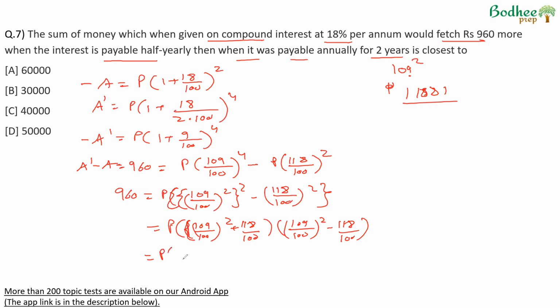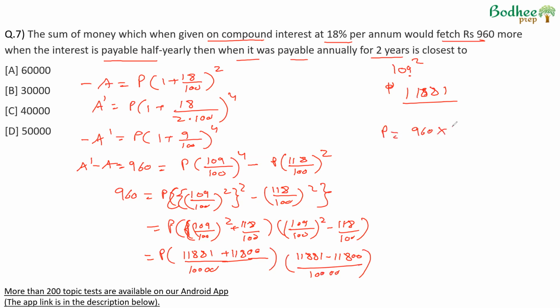So this becomes P into 11881 upon 100 into 100. This will become plus 11800, taking LCM, into 11881 minus 11800 upon 10000. Therefore, P will be 960 into 10000 into 10000 upon